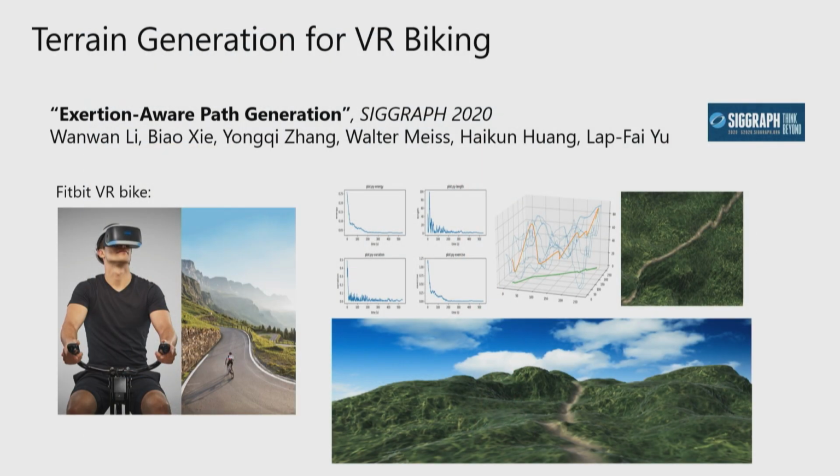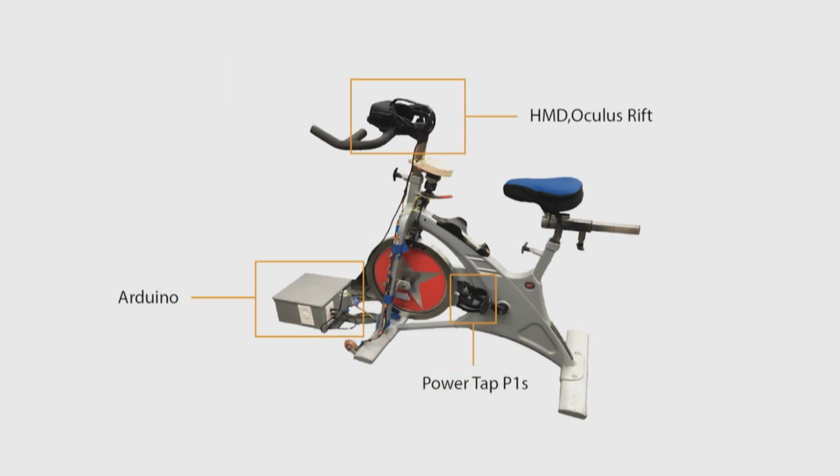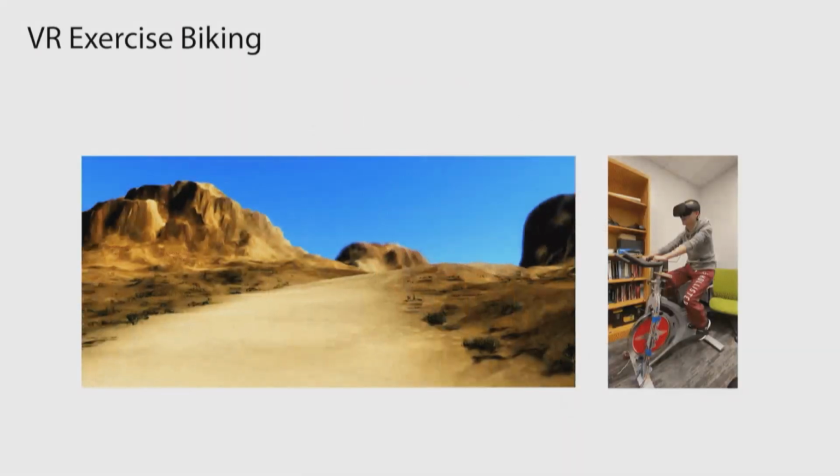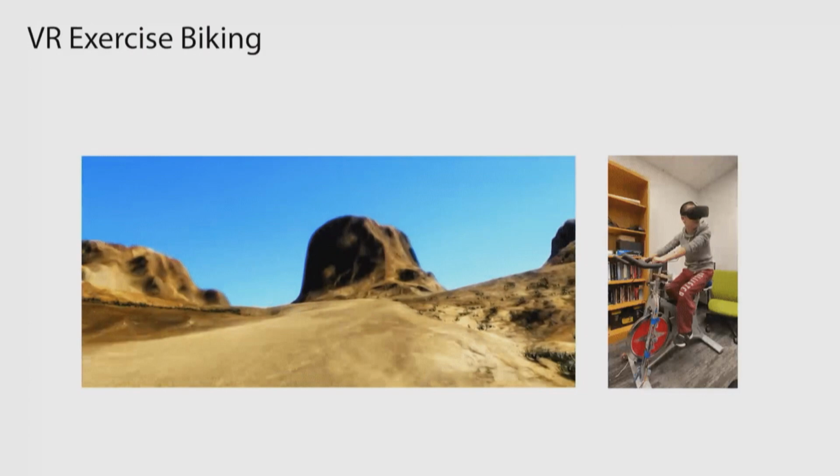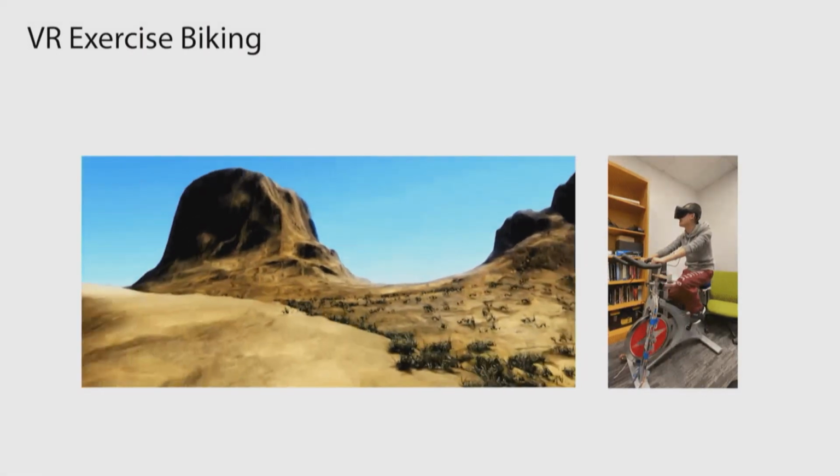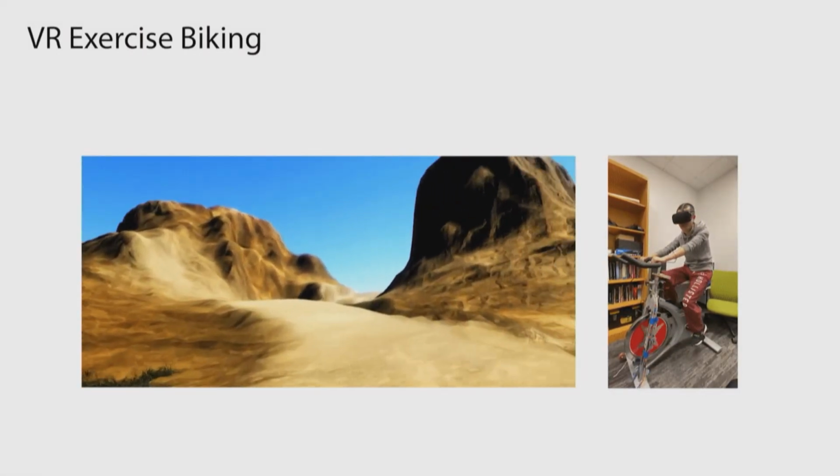And along this line, we also work on exergaming. You may have seen demos like this where you can attach a VR headset to a gym bike system, and you will be able to bike in the gym, like in a virtual environment. And again, we modified a gym bike such that the virtual reality experience could be synchronized with the gym bike in terms of the resistance control. So for example, if you're going uphill, you will feel more resistance compared to going downhill, right? So that would give a more immersive feeling.